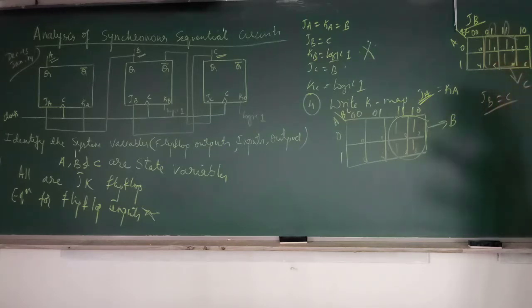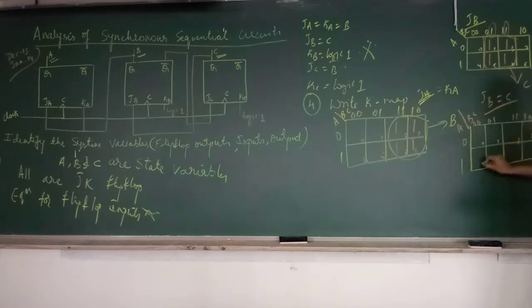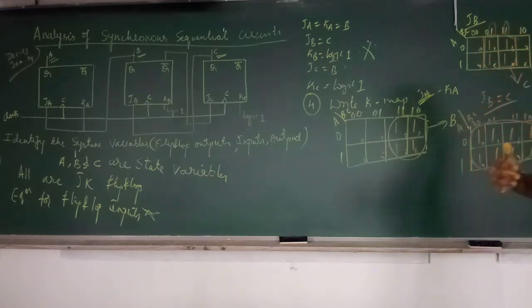This is the K map. Next, KB. How will you write the K map for KB? So KB, okay? A, B, C, 0, 1, 0, 0, 0, 1, 1, 0, 1, 1, 0, 1, 2, 3, 4, 5, 6, 7. KB equation is what? Logic 1. So what does it mean? You have 1 in all the cells. So if you group it, all the variables will get cancelled and you get it as 1. So this is for JK, this is for JB, this is for KB. KB is logic 1. So like this you can write the K map.